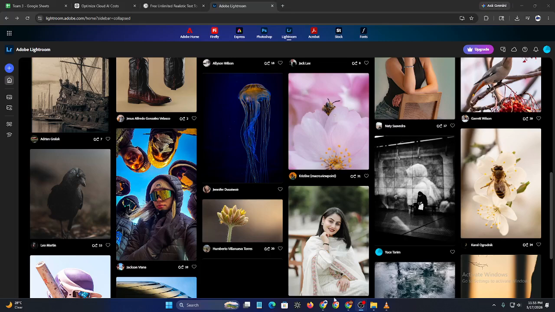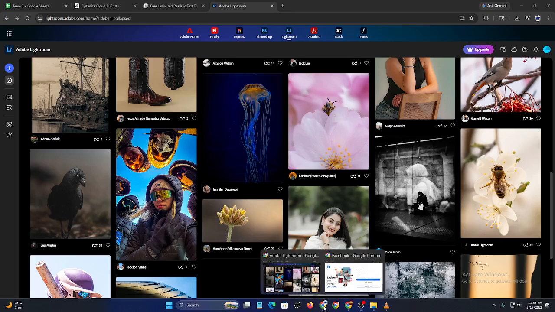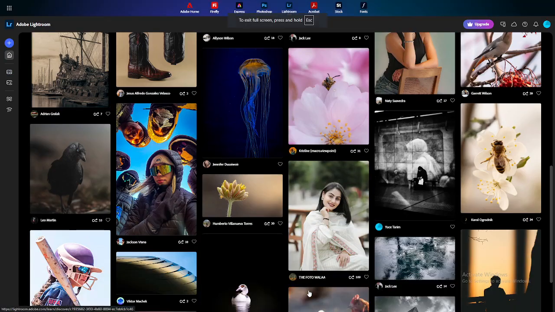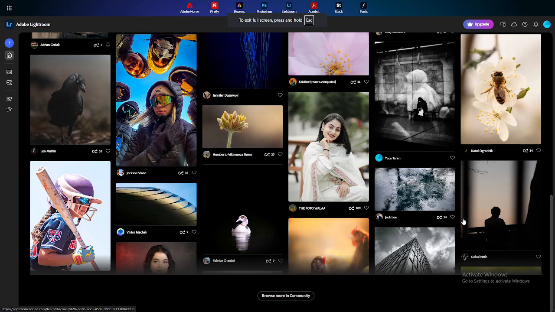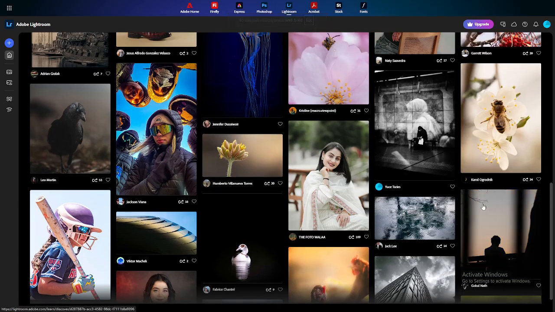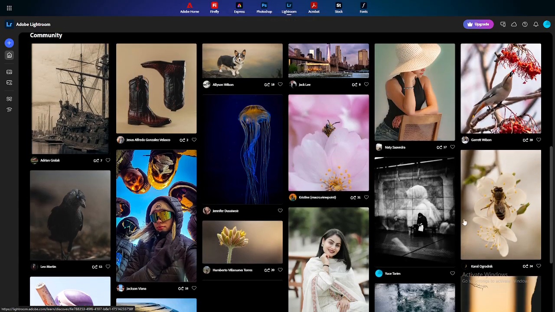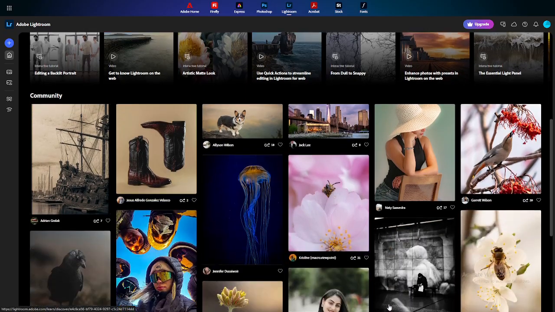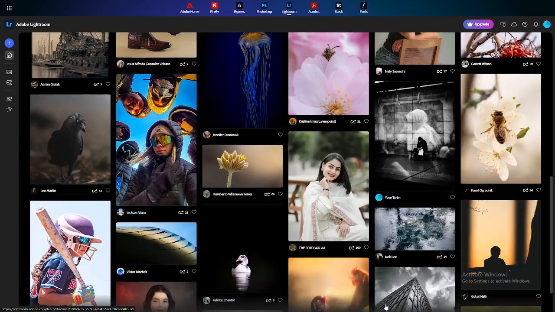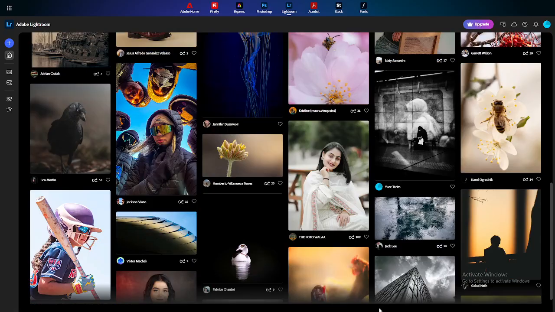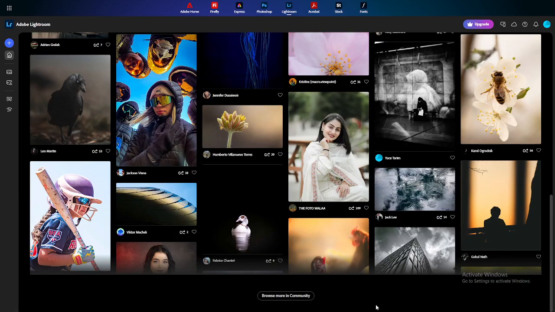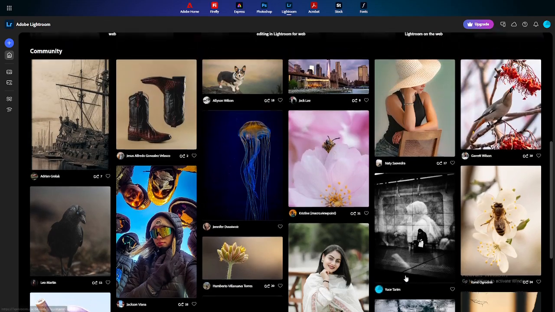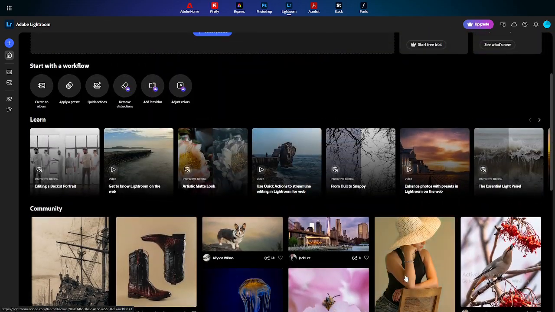Adobe Lightroom on PC is one of the most powerful tools for professional photo editing in 2026. It allows photographers, content creators, and designers to edit raw images, improve colors, remove distractions, and create cinematic photo styles much more efficiently. And honestly, Lightroom makes photo editing much faster once you understand the workflow. So in this full guide, I'll show you how to edit photos in Adobe Lightroom on PC step by step